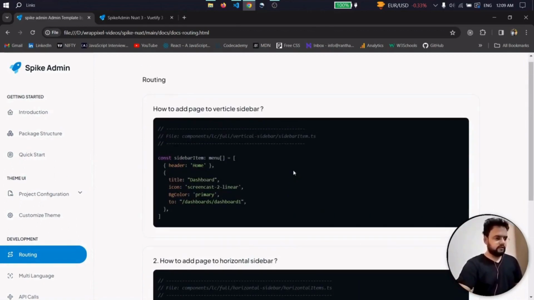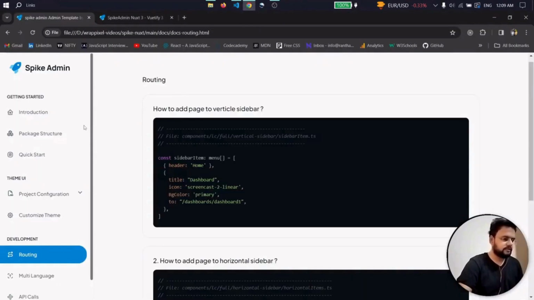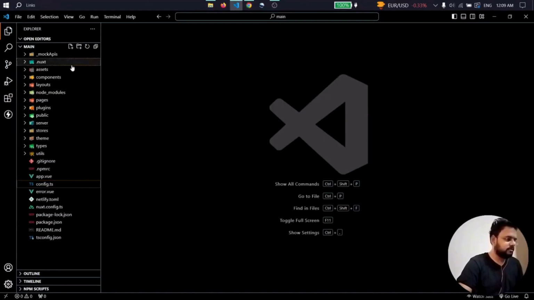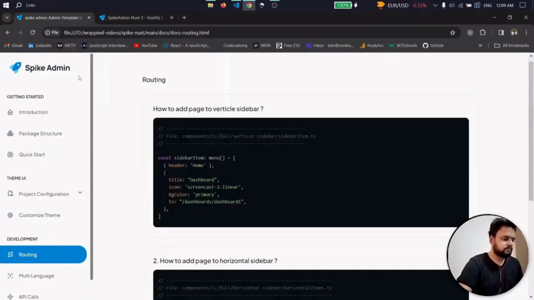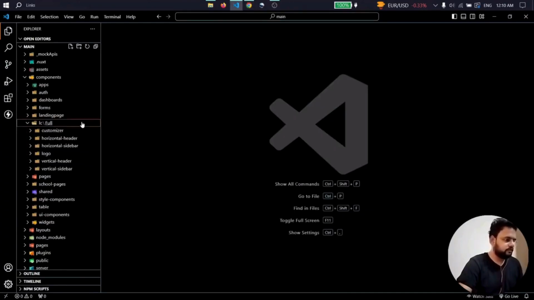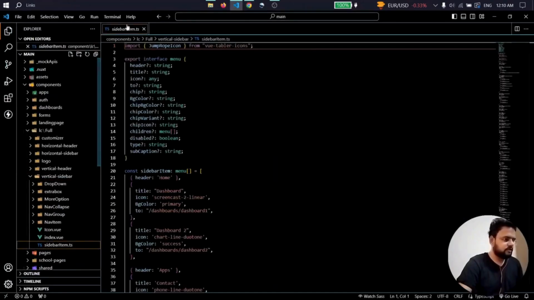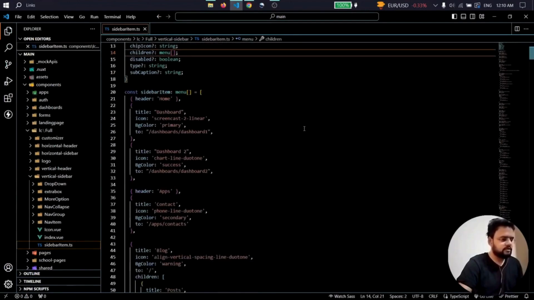For the vertical sidebar, you need to go to the components, LC, then full vertical sidebar, and then vertical sidebar items dot ts. Let's see where the file is. It's inside the components, LC, full vertical sidebar, and sidebar items dot ts. Right, so this one is the file,